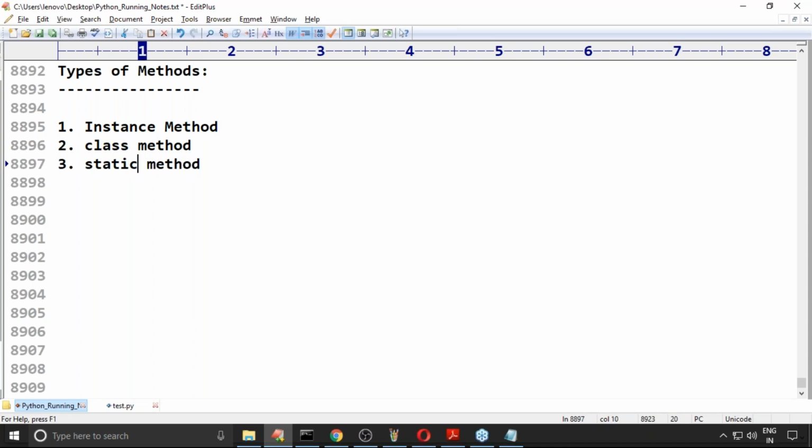I hope the majority of things related to methods we already covered. We will just repeat with some more extra points. After that, what about inner classes, what about garbage collection? These are the things we are going to discuss. So just prepare up to this, and then in the next session I will add the remaining things.